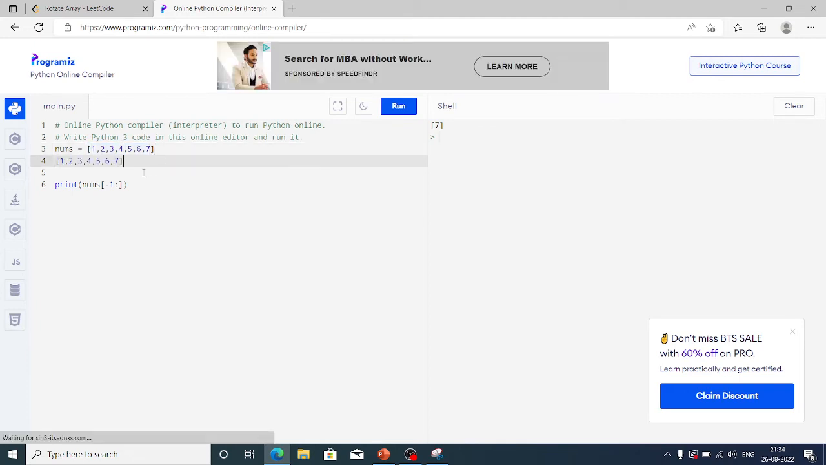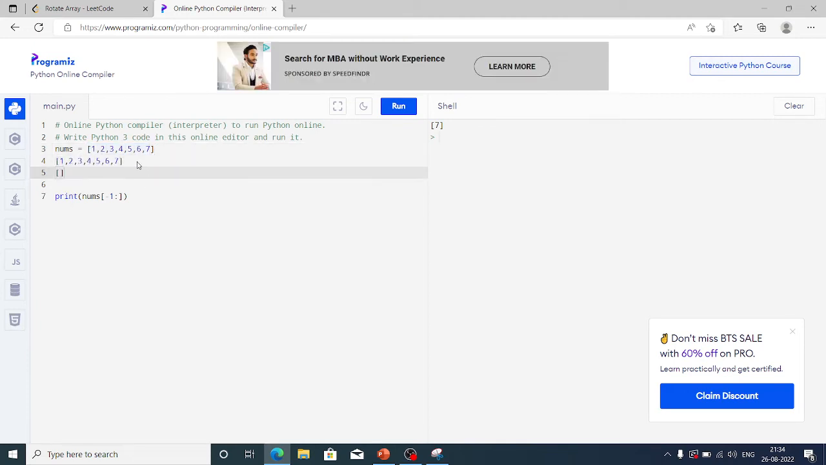So this is my nums list. Now indexing, if we do indexing from left to right, indexing works like this. This is my indexing from left to right. So this is my indexing. But if I am doing my indexing from right to left, my 7 will be minus 1,